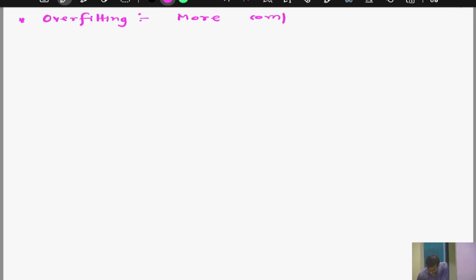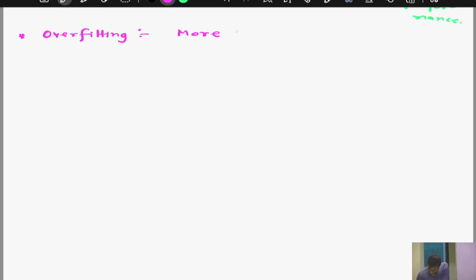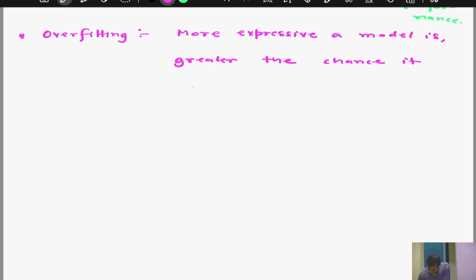More complex or expressive is what I said, right? The more expressive the model is, the greater the chance it will overfit. So now, if we go by this logic, the more expressive a model is, the greater the chance it will overfit. Then, based on this logic,